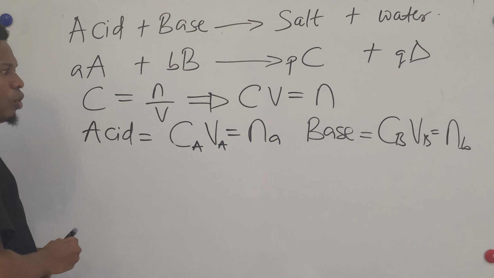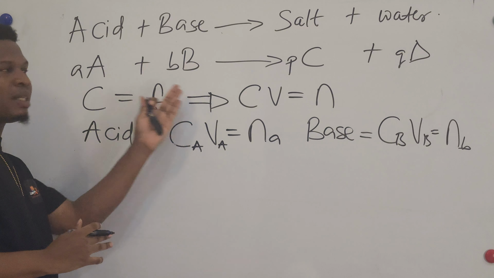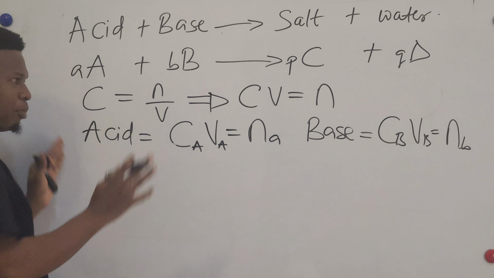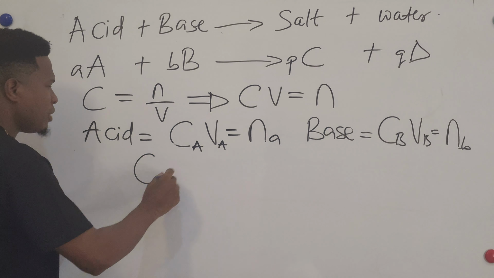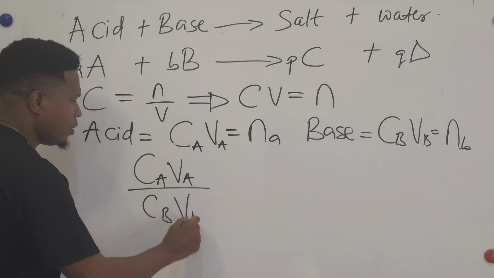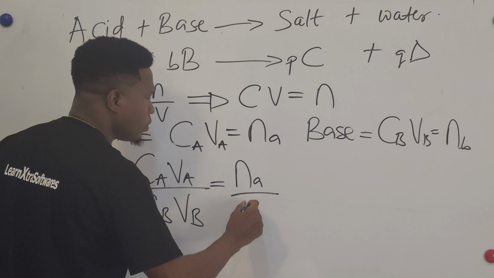Okay? So combining these two equations, we came about with the equation responsible for solving problems that has to do with reaction between acid and base. So without proving further, we have this expression: CaVa over CbVb is equal to na over